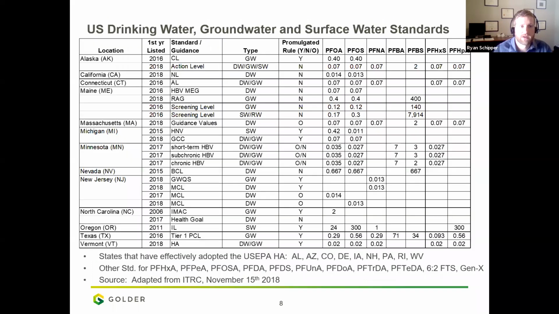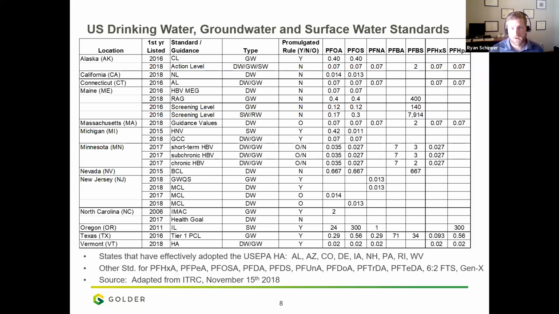The U.S. drinking water, groundwater and surface water standards. So we have the U.S. EPA with the health advisory that combines 70 parts per trillion for PFOA and PFOS. There isn't a number of actual drinking water and other standards yet. So this health advisory is a lifetime exposure limit. So there's room for the US EPA, and it's taken them some time to bring out some of the standards,